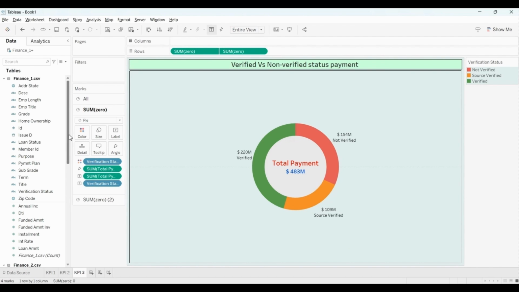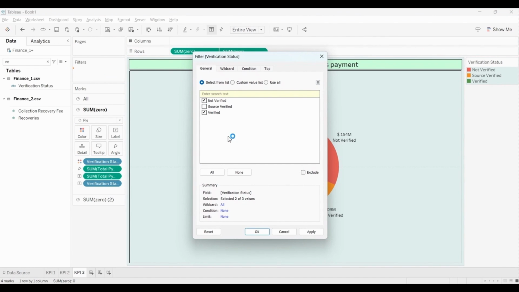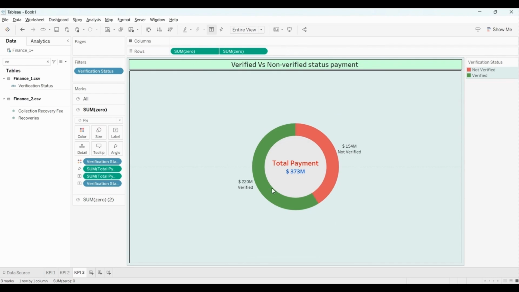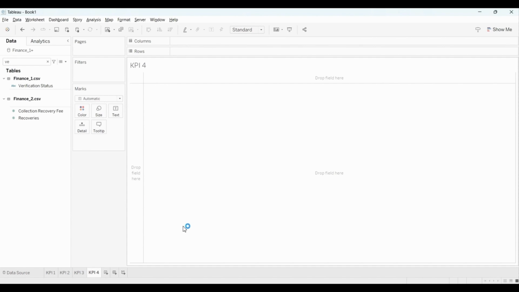So what I will do, I will put this verify status into the filter section, uncheck the source verified, and click OK. So we will see only the verified and non-verified status here. Okay, so moving on to the fourth KPI, KPI 4,